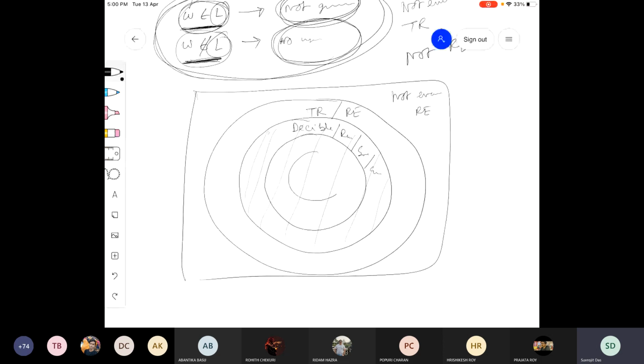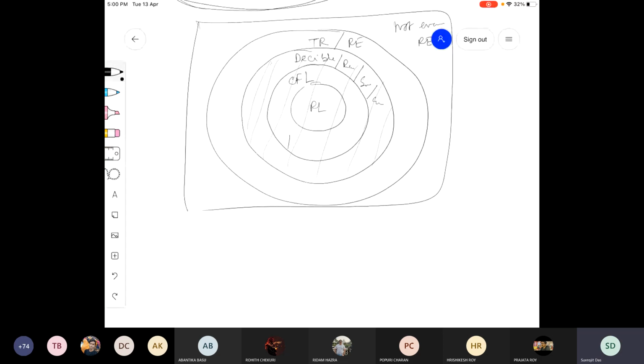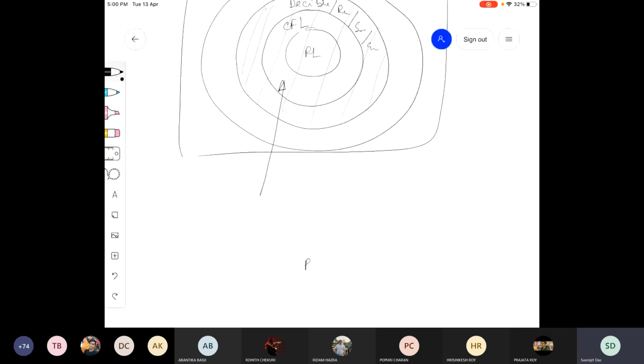And falls within this area are the CFLs. Sorry, CFLs. I should be writing L. I am talking about languages, not grammars. Okay, so this is the picture, right? And if I zoom in here, I can say that, okay, let us look here. We have the regular languages. Then we have